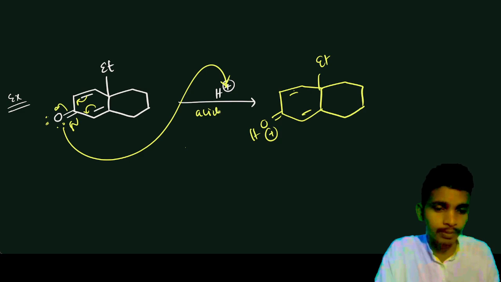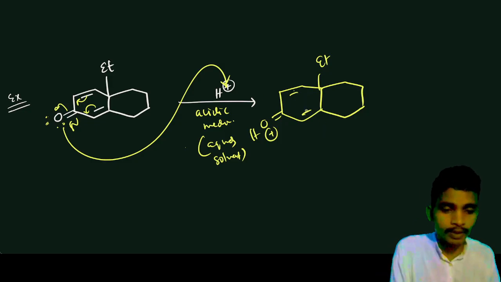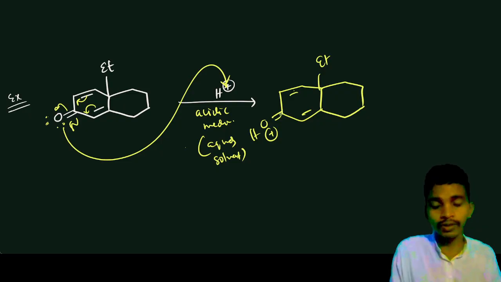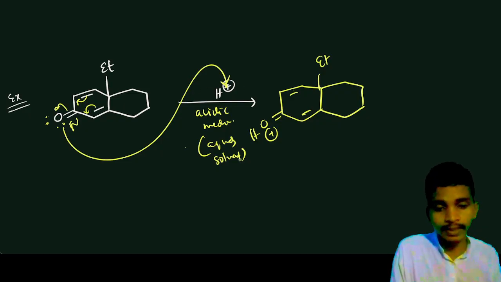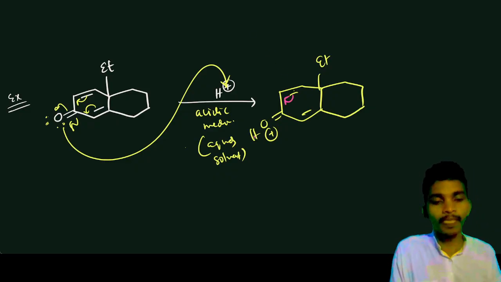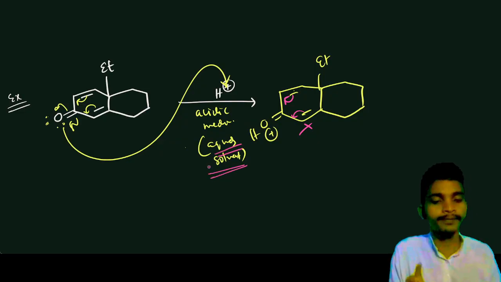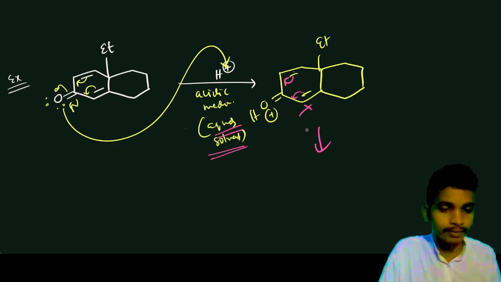This is the acidic medium, and let's say this is in aqueous solvent. If it is aqueous solvent, then you have to shift this one. And if it is non-aqueous solvent, then we will move this one. That type of question is also there, which we will solve. So now it says this is aqueous solvent, so we will move this double bond. If it is non-aqueous, then we will move this one, but here we will not move it since this is the aqueous solvent. So what we will get here,